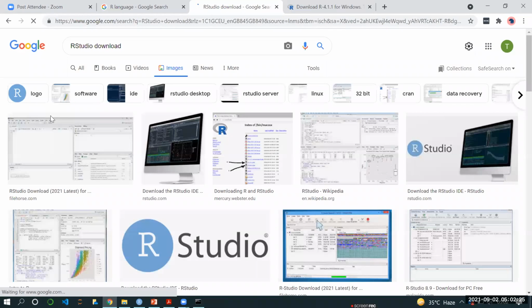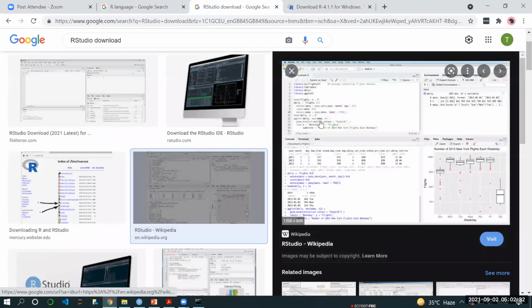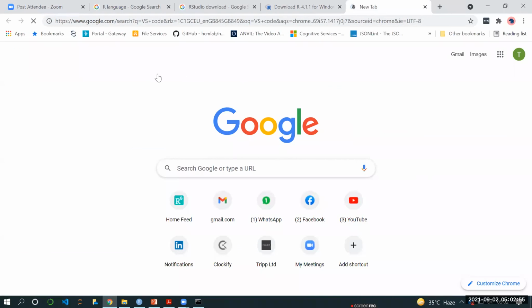RStudio is the interface. For example, in place of writing your commands on the command line, now you can write your commands in an IDE, RStudio. There are other IDEs, these are called interfaces. There are other interfaces as well that we can use. One of the famous ones in the programming community is VS Code. We will not go to VS Code, but this is an option